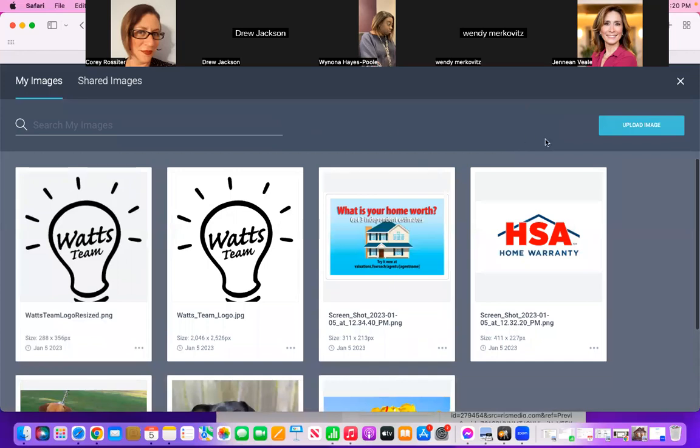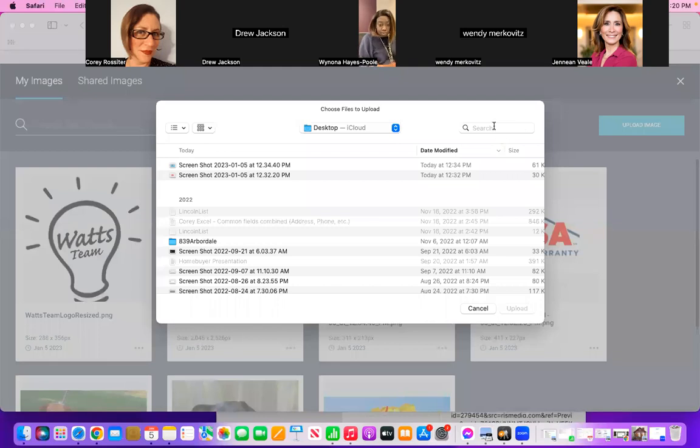And if I want to pull in the picture, I would go to the right where I'm under my images and I have to add the image of the house. So I'm going to go to the right-hand corner where it says upload image. And then I'm just going to search